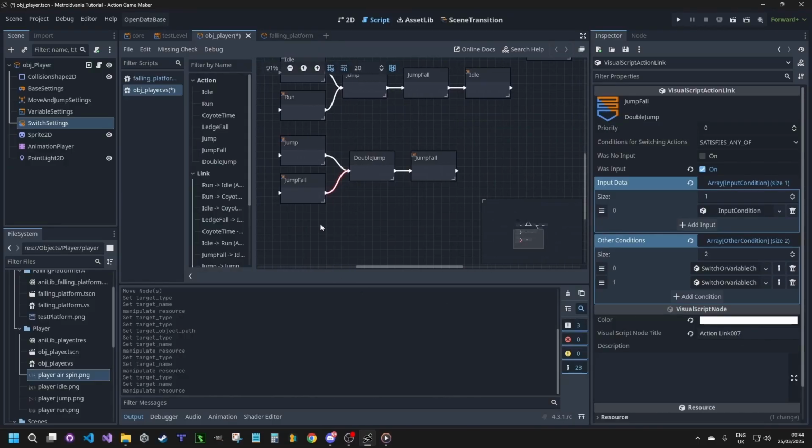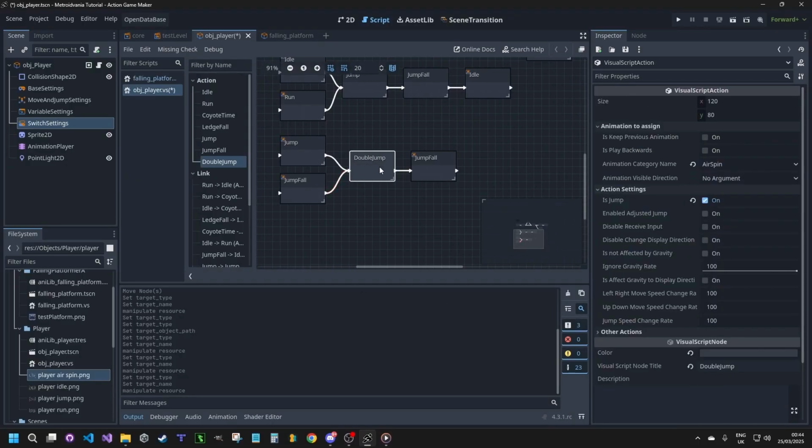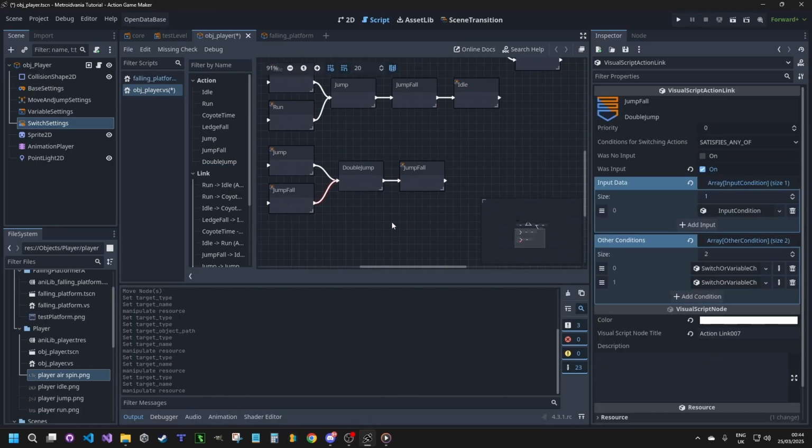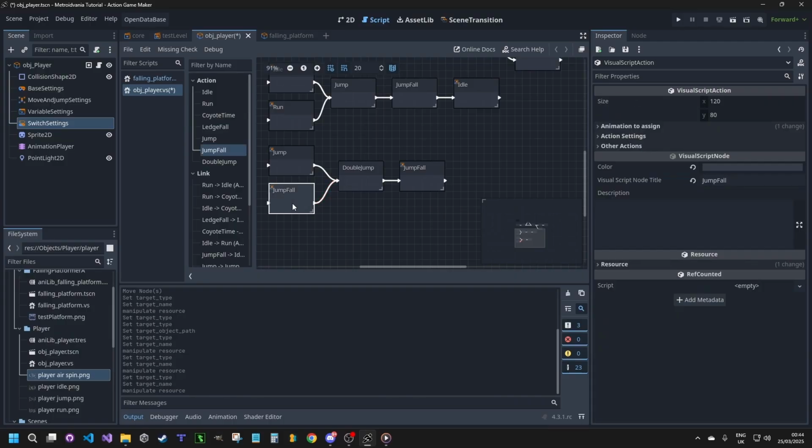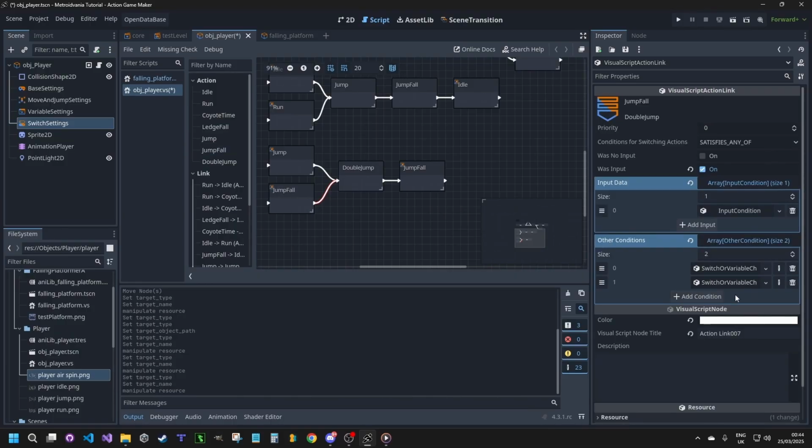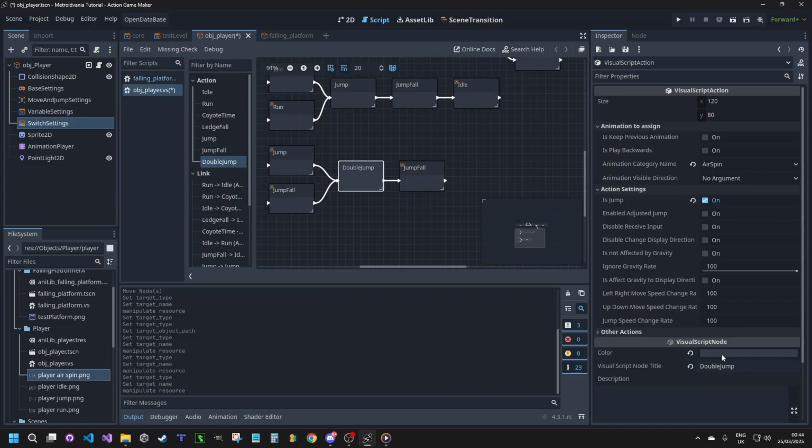So basically that means if both those switches are on, we can go into this. If they aren't on, then this trigger will not work no matter what we do. So the simple solution to prevent this loop is that when we go into this jump and we check this jump based on both these switches, when we're actually in the jump, all we do is we turn off can double jump. So in here, inside our double jump,